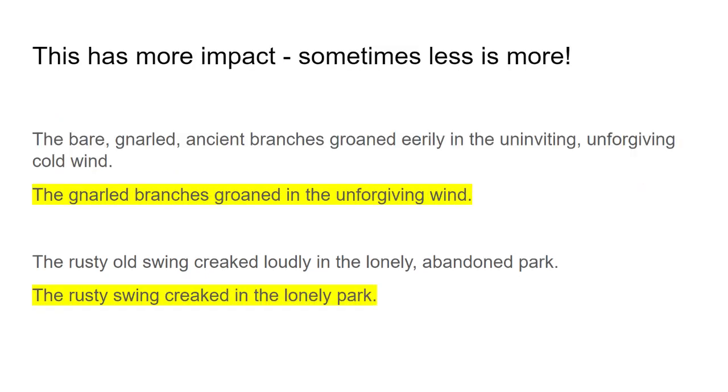If I did this, you might have done something differently. I put the gnarled branches groaned in the unforgiving wind, which I think has more impact. We don't need, because we're saying the wind's unforgiving, we're kind of implying that it's cold and unpleasant and uninviting. We don't need to say uninviting and cold as well. Gnarled to me again implies that the branches are bare, they are ancient. I mean, you could have put the gnarled ancient branches. It's not the end of the world to have two adjectives, but I'd say no more